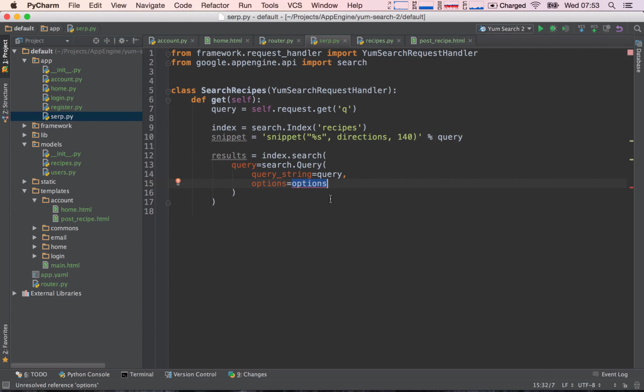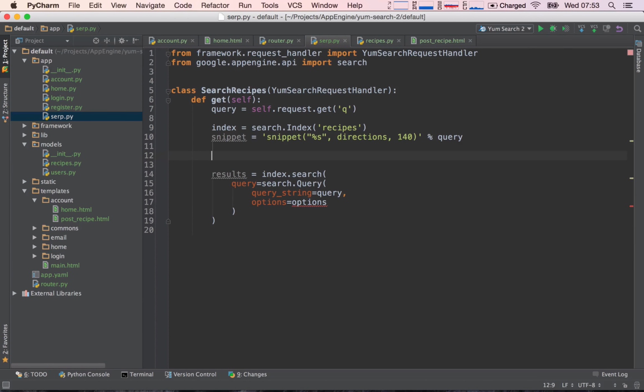The reason why I did this in a weird order, or started basically at the end with retrieving our results, is because I wanted to show you guys that we can build search queries in another, more structured way, and there are some options we need to pass, and these options will actually account for creating the snippet. So let's go ahead and create these options. Above, I'm going to say options is equal to